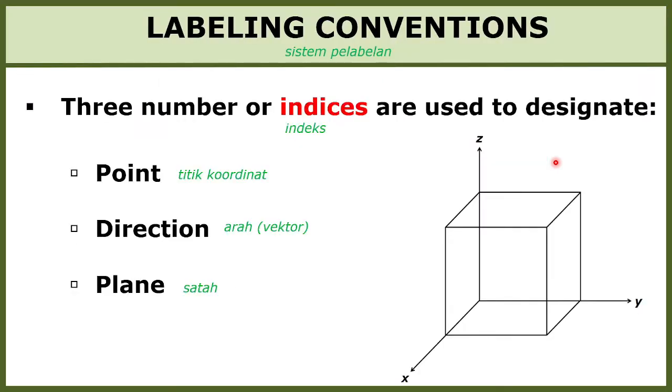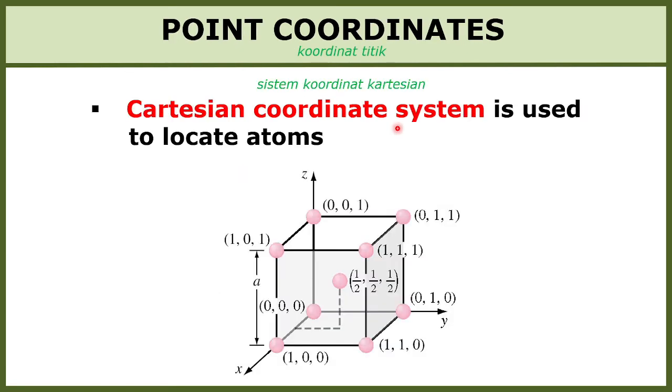Okay, next part for this topic is the labeling convention. We need a labeling convention for pointing to a point, for a direction, to show direction, and also to show a plane for a lattice or unit cell. For a point, to locate any point in a lattice,